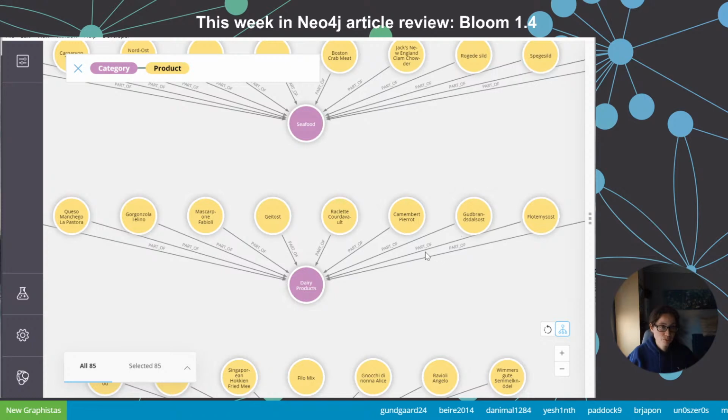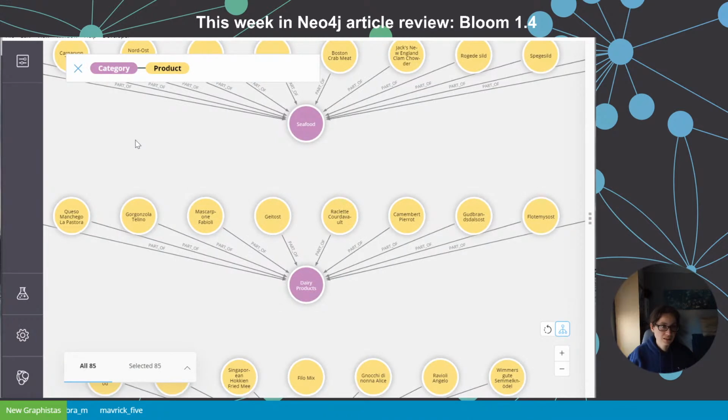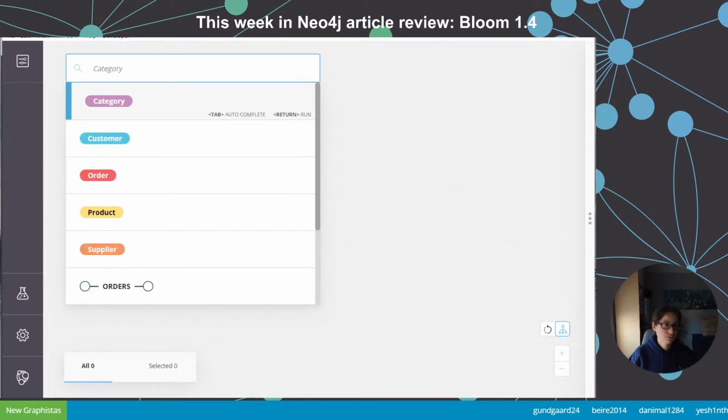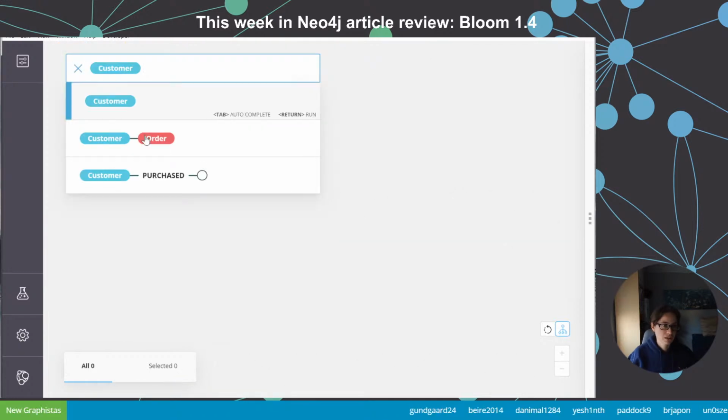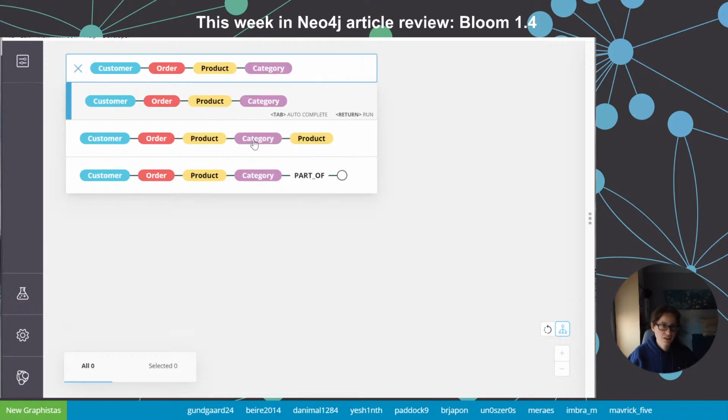So that's category product. So what did we have previously? So we had product, category product, we go order to customer. So let's go this way. So let's go customer to category. So I think that's going to be a nice bit of fun there. So let's do that. Let's clear everything. So clear scene. And we have got customer, then customer has an order, then order to product, and then product to category. And